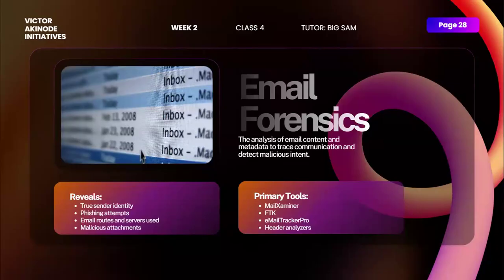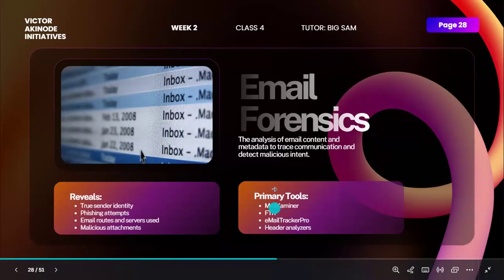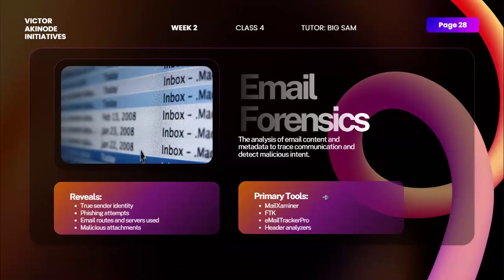Even I think the lead IT or someone in the technical aspect clicked on that email. They opened that email, they opened that link. Because they were able to exploit human psychology with perfect timing. All of this is just perfect timing. And for you to investigate this, you need to be in that mode of, okay, if I'm the attacker, what time will I target this and how will I do it? The primary tools you can use in your investigation are FTK Imager, Mail Examiner, and header analysis to examine the full details of the said email.